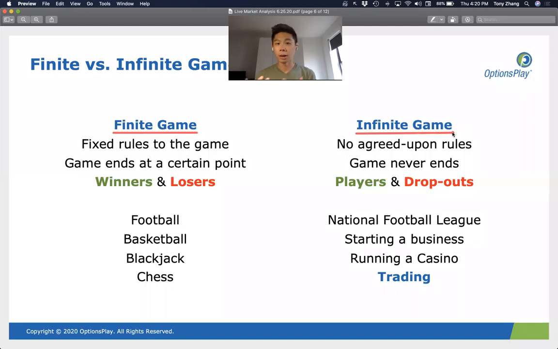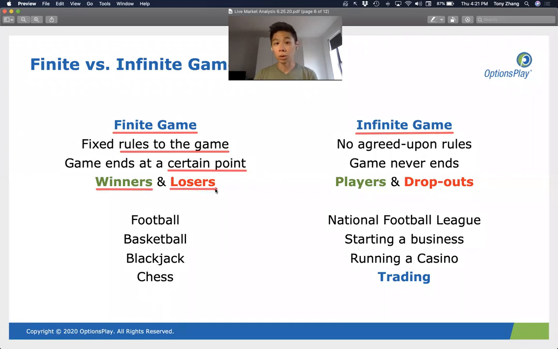And what I brought up was a theory written by an author called James P. Carse in 1986. Now, James was a religious philosopher. He was not a trader or a finance professional, but he had the insight that there are 2 types of games in the world. There are finite games and infinite games. Finite games are the types of games that we are all familiar with, games that have a fixed set of rules. They end at a certain point, and at the end, there is declared either a winner or a loser.